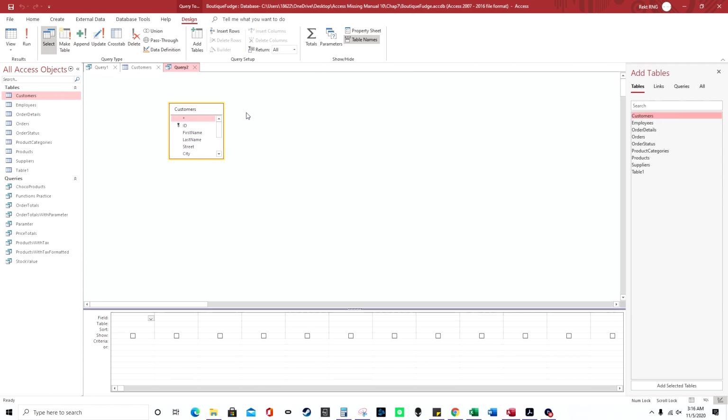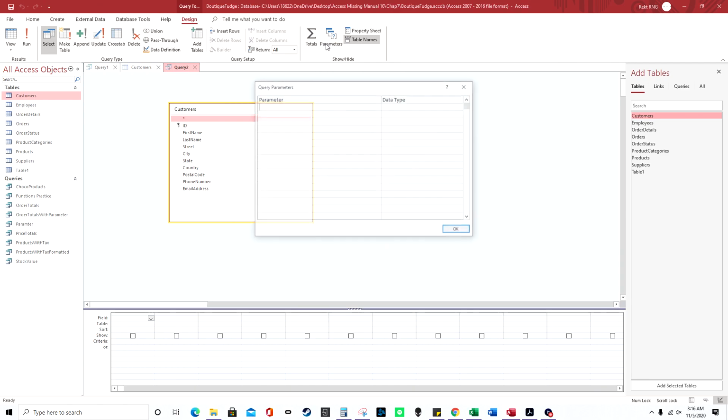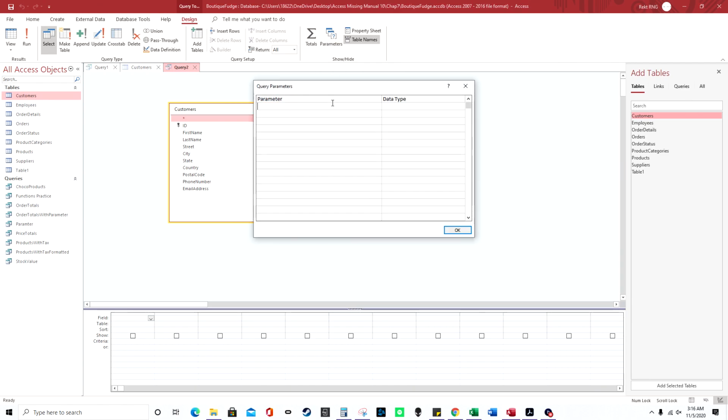I want to work with customers, and these are all the columns here. So I'm going to click parameters, and the parameter I'm going to type is customer state, and I'm going to make this short text. Press OK,